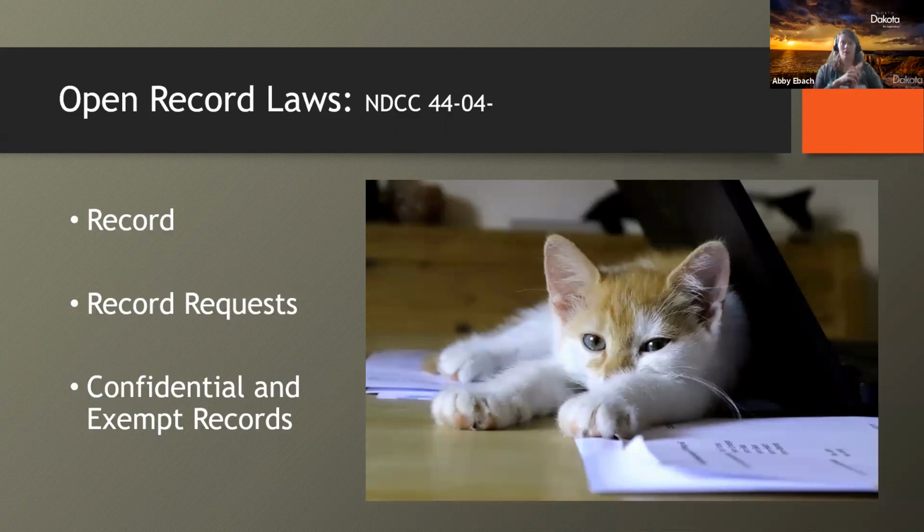Records can be considered confidential or exempt by state or federal law. So if you would like to deny these requests, the library needs to cite the specific law that results in the record being exempt or confidential. So confidential records cannot be released unless the confidential information is redacted. So an example of that would be social security numbers, electronic passwords, employee medical treatment records, really, really personal stuff like that.